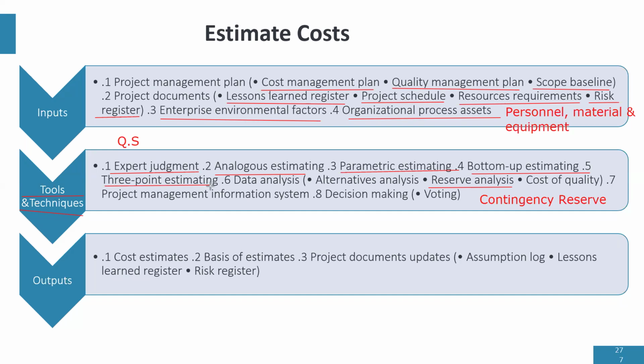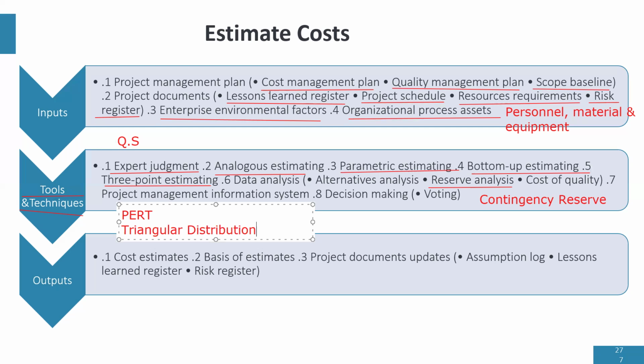3-point estimating is when we use either PERT or triangular distribution to calculate your estimate. Now, what is PERT? What is triangular distribution? They are the formulas that use pessimistic, optimistic, and realistic variables to estimate. So if we talk about 3-point estimating, for PERT,